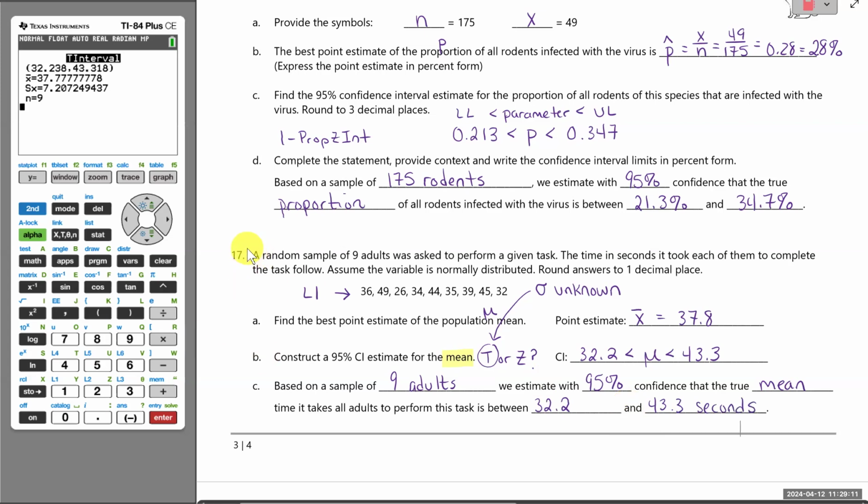All right, so before I end this problem, I just want to go back to standard deviation. So S there on your calculator, that is the sample standard deviation. So if you have data, you'll always know the sample standard deviation. It's the fact that they don't give us population standard deviation that leads you to choosing a t interval. All right, and that wraps up